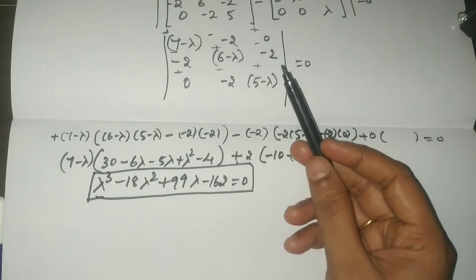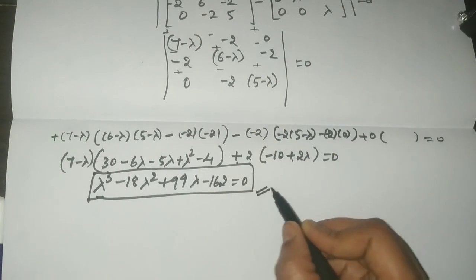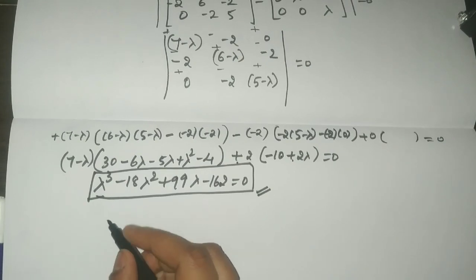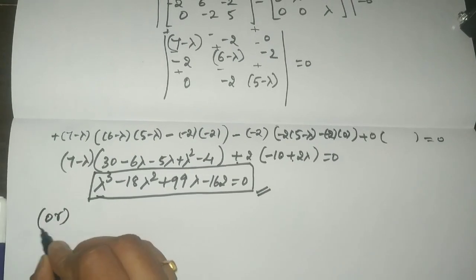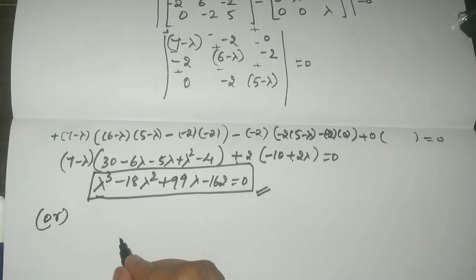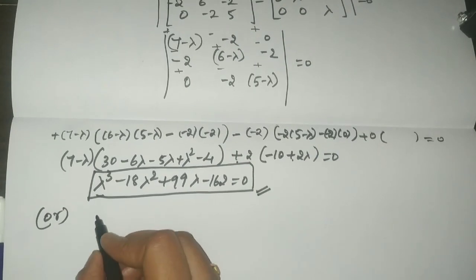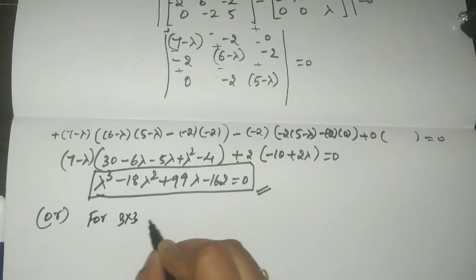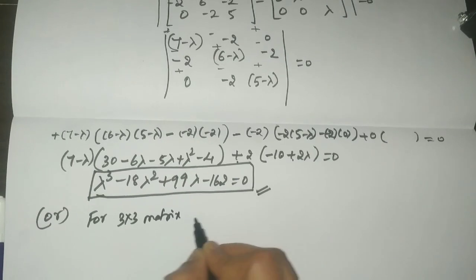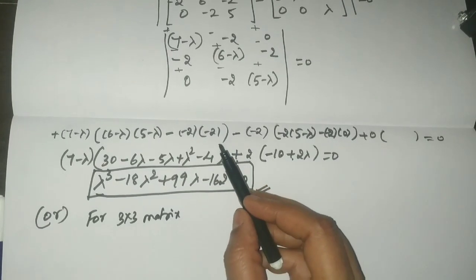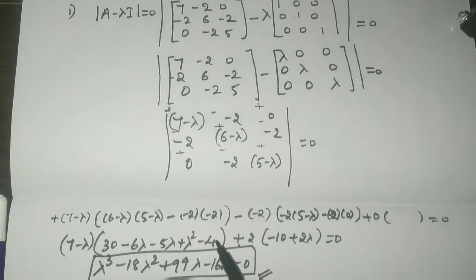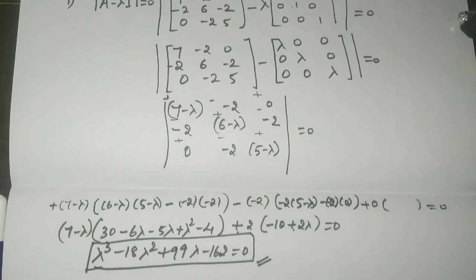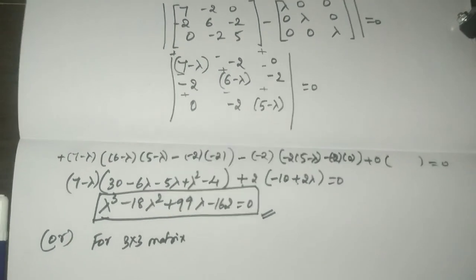So you can see we have taken so many steps to reach this cubic equation. As I told you, I will be explaining this in an easy way. So instead of using A minus lambda I, you can use this standard equation for a 3 cross 3 matrix. Instead of doing A minus lambda I and then simplifying the terms and getting a cubic equation, instead